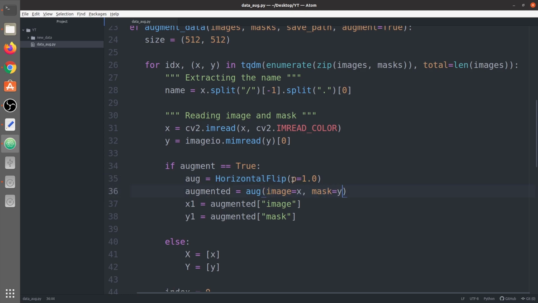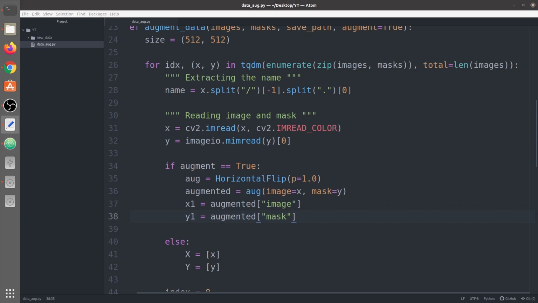We want to apply it, so we say 1.0, so we are 100% sure that we want to apply it. Next we give it the image as x and mask as y, which we have already read, and then we extract the augmented images and mask in the form of x1 and y1.